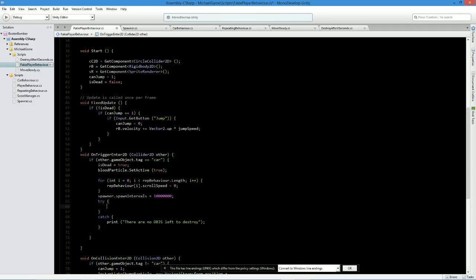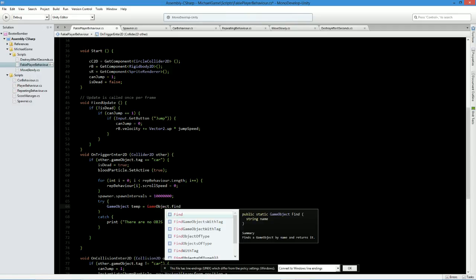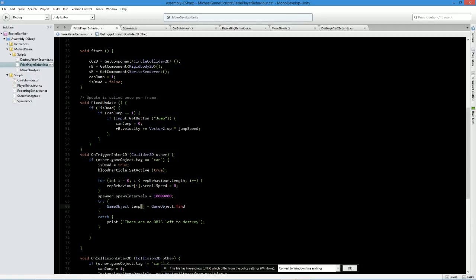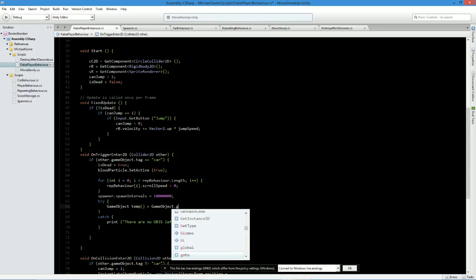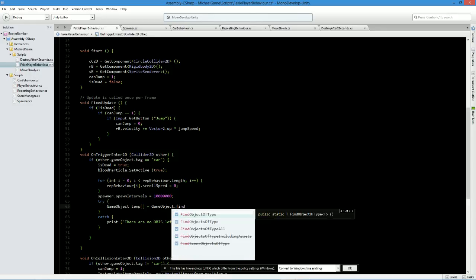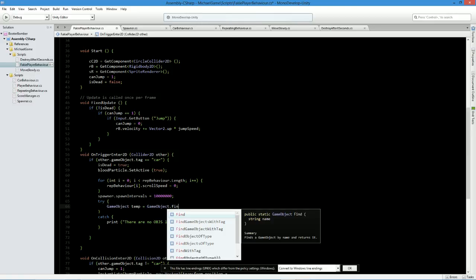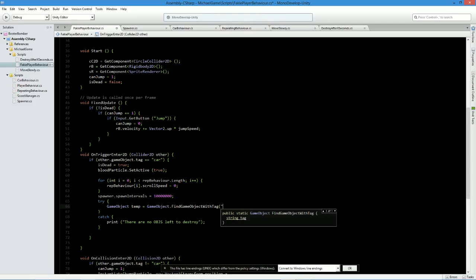So we'll do game object temp equals game object dot find objects, and I think I might actually have to do this as an array, or have to do dot find game objects. Find game object dot find object. Oh yeah, I can't. I guess it'll just keep doing it. This might be something I want to try in an update. Find object with tag. So that returns an array of game objects. Huh. I'm curious why that didn't work then. We'll do car. So anything tagged with car,